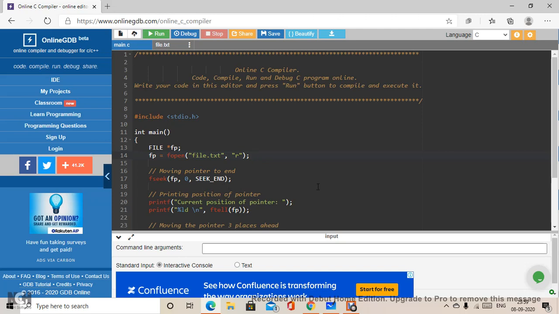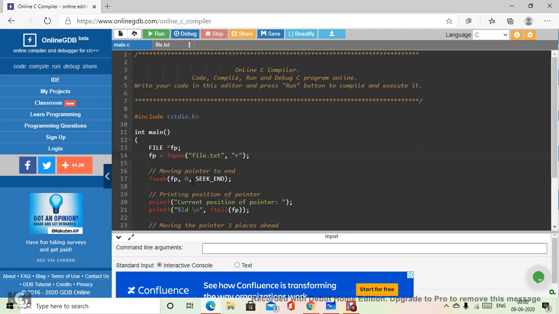Now we will try to print the current position of the pointer, because we have moved using the fseek function in the above line to SEEK_END, that means the end of the file. Then I have simply written a function, and this ftell function is going to tell about the position of the cursor, as of now, because of the above line of code.